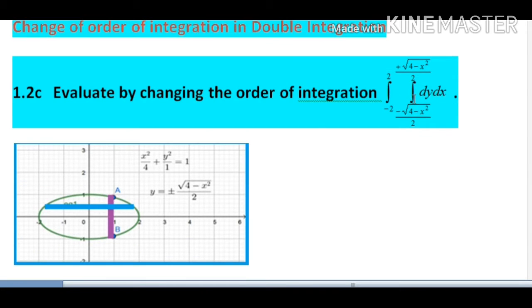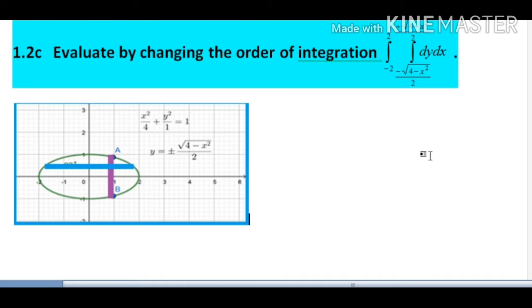To change the order of integration, you have to change the strip. So in place of the vertical strip, in the same region of integration, we take a horizontal strip. Now our horizontal strip varies from the lowest part of the ellipse to the upper part of the ellipse. Earlier you solved for y. When you had the vertical strip, the limits were limits of y, and now when you are taking the horizontal strip, you will be taking limits for x.